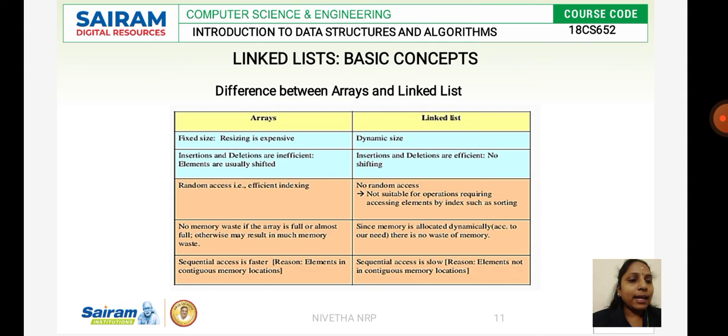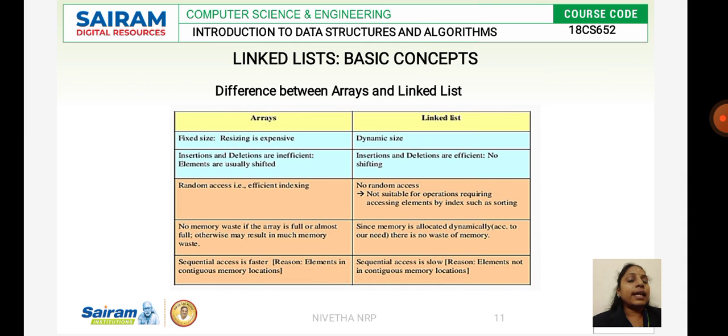Once it is declared, it cannot be used by any other application. That is the limitation we have in arrays. Whereas in a linked list, it is dynamic. We are going to create memory only when there is a need for it. So there is no wastage of memory in a linked list.